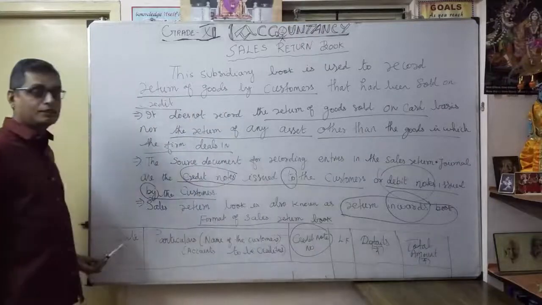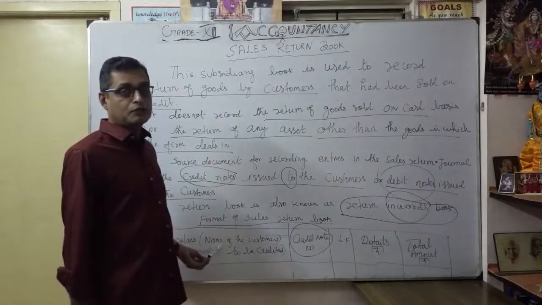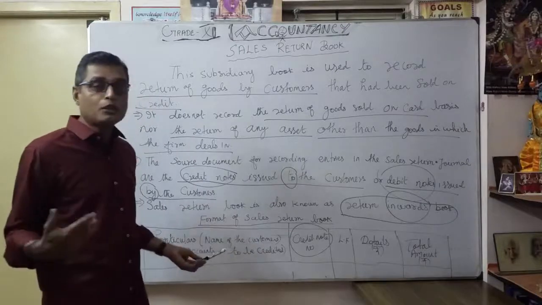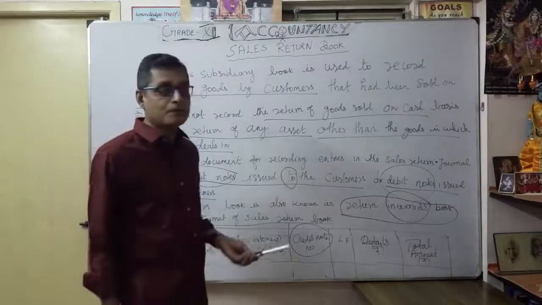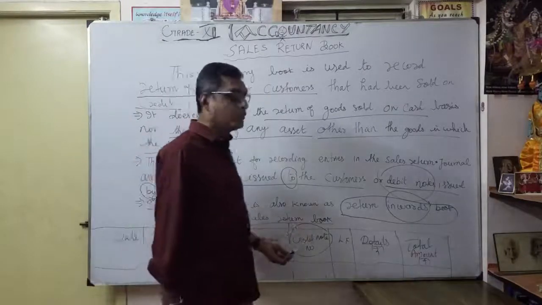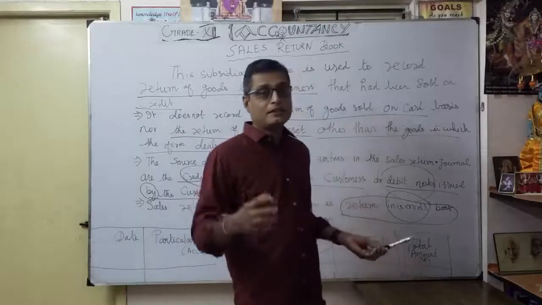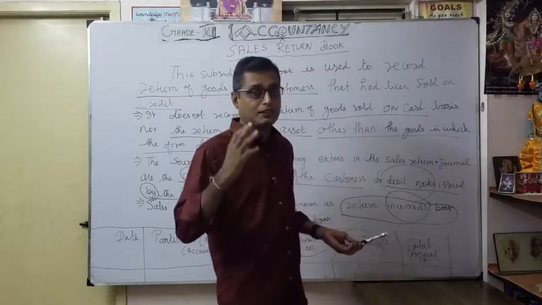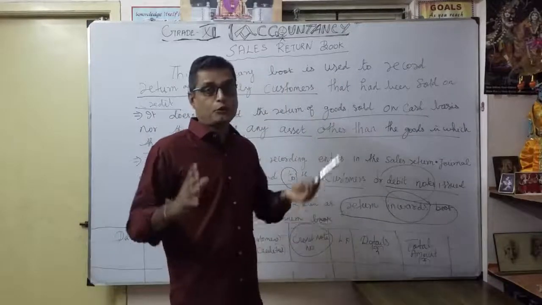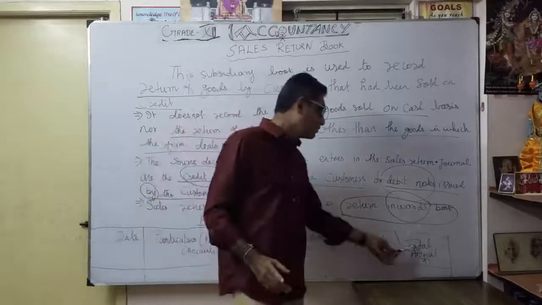So what is the format here again? Date, particulars. Under particulars, we write the name of the customer who returned goods to us. Then accounts to be credited, which you understood when you prepare the ledger account, correct? Then this is a very important column, credit note. Then ledger folio. As details, you can explain any discount you considered earlier that you are going to deduct, as you did in the purchase return book. In the same manner in the sales return book also. If you understood the purchase return book, the sales return book is very, very easy. Then total amount, outer column.